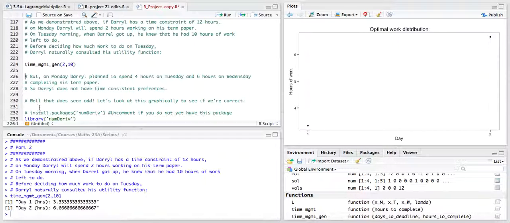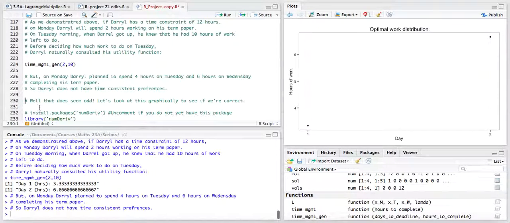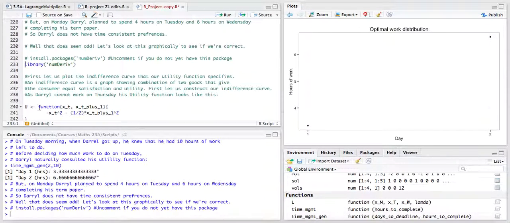But on Monday we saw that Daryl planned to spend 4 hours on Tuesday and 6 hours on Monday to complete his term paper. So we can say that Daryl doesn't have time-consistent preferences. But this seems a bit odd, so let's look at this graphically to see if we're correct. So we're going to use the package numDeriv to look at this, and if you don't have it, install it using the code that we've